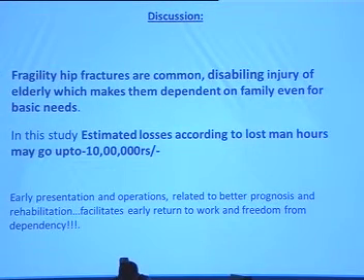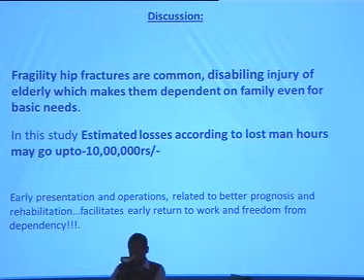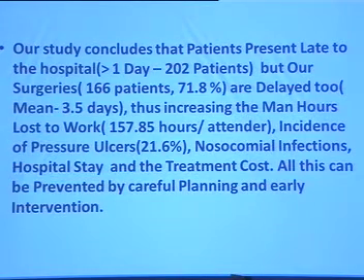Discussion. Fragility fractures are common, disabling injuries of the elderly, which make them dependent on family even for basic needs. In our study, estimated losses according to the man hours lost go up to ₹10 lakhs. Early presentation and operation relate to better prognosis and rehabilitation, and facilitate early return to work and freedom from dependency. Our study concludes that patients present late to the hospital, but our surgeries are delayed too, thus increasing the man hours lost to work, incidence of pressure ulcers, nosocomial infections, hospital stay, and